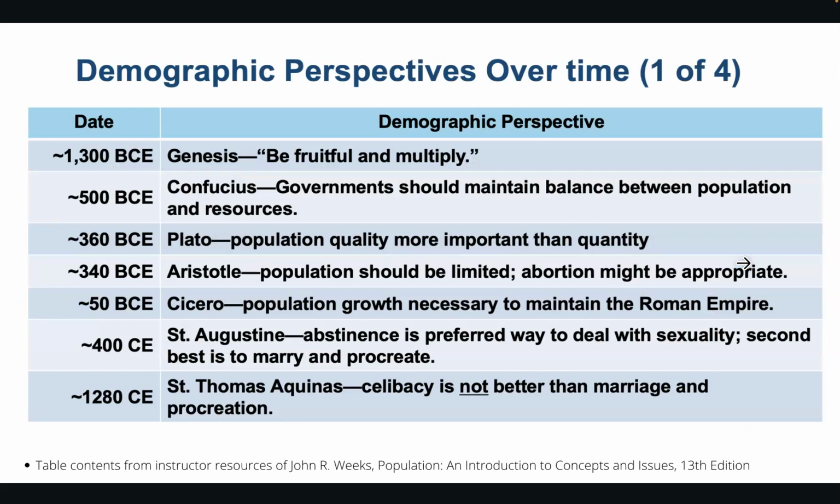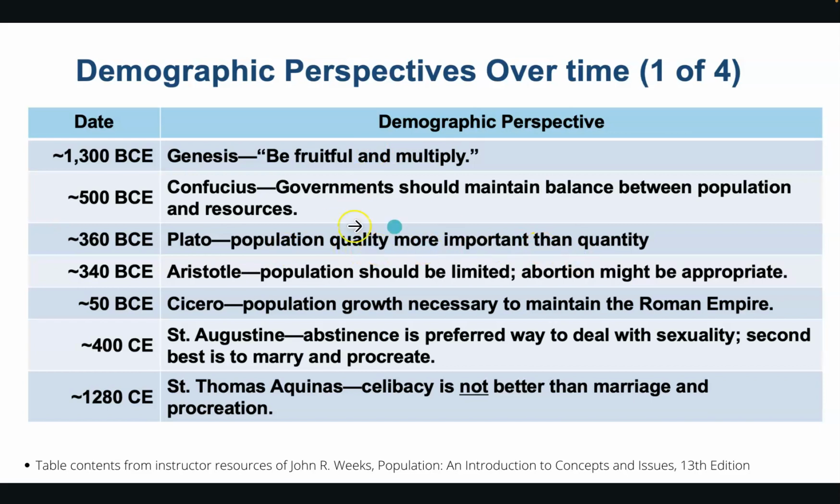So based on the scholars' theory, we can see that in the long time, in the ancient theory, having more population was a very big factor of creating the strong country or strong political power. So long time ago, be fruitful and multiply, in the Bible, and so this class is not based on the religion, but it is a very old statement of the religious belief and the religious document. There was a statement favoring the large amount of the people, and then the population quality